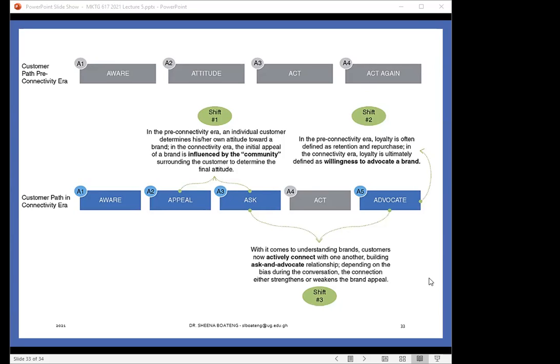So in the pre-connectivity era, we were just thinking about a customer's loyalty being limited to them coming back to purchase from us time and again and consistently buying our brand of products and services. But in the connectivity era, loyalty has been extended beyond the mere act of retention and repurchase to include willingness to advocate for the brand and also recommend the brand,